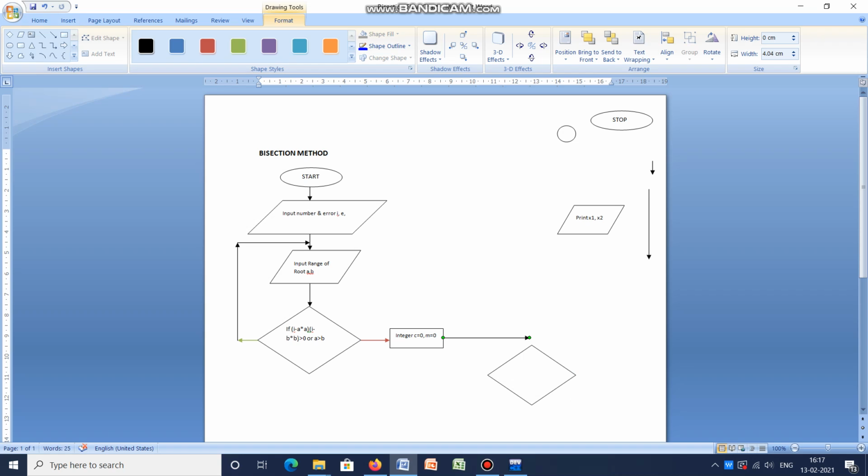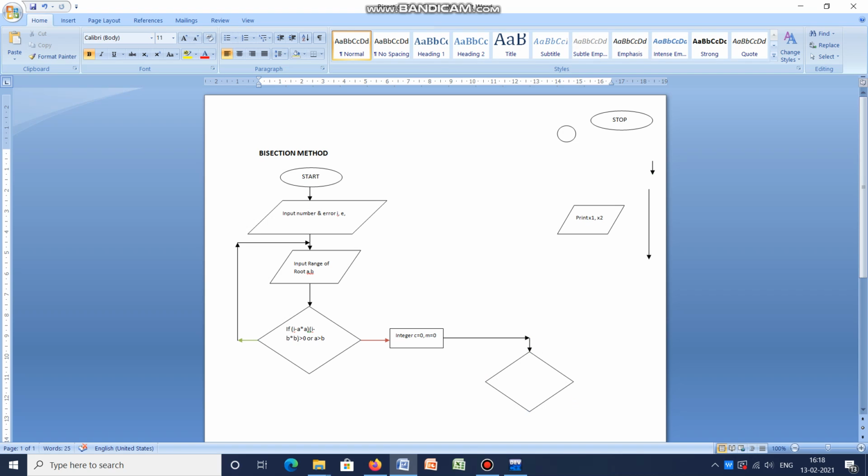Remember, this integer c equal to 0, m equal to 0, you can do it immediately after entering the number also. Before entering also you can do, because as per the program, it was declared at the very beginning. This can be done. Okay. So, ऐसा कोई नहीं है कि as I have written here, you also have to write it here. So this decision is what? This is that important decision portion where I am checking.